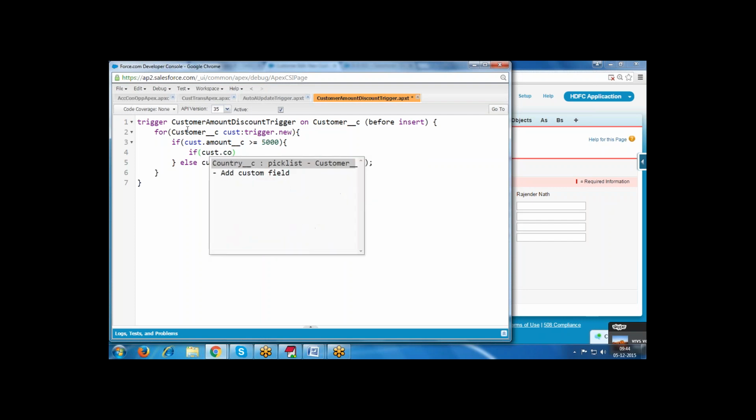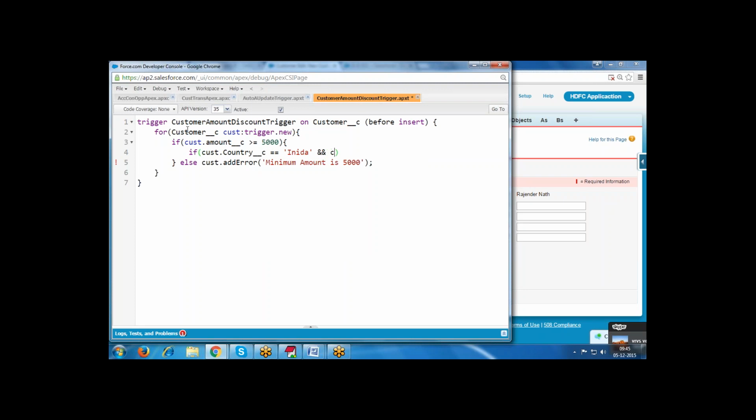What is the logic? If customer.country equals India. Comparison is double equals, assignment is only a single equals. State is also mandatory, so we check country and state.